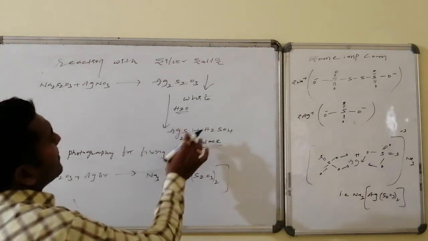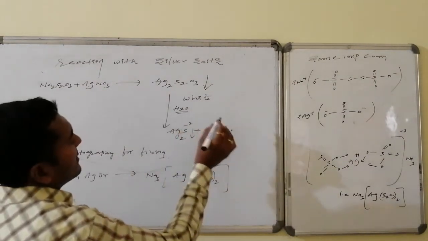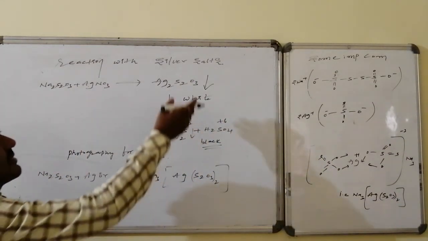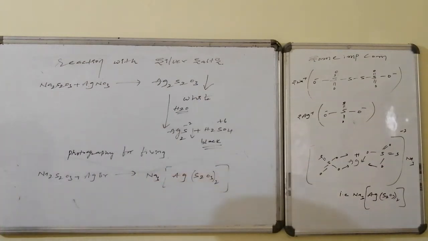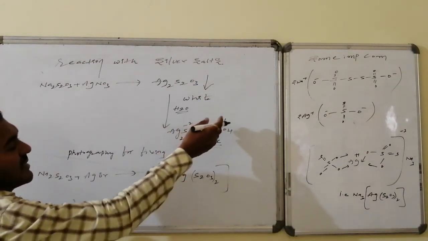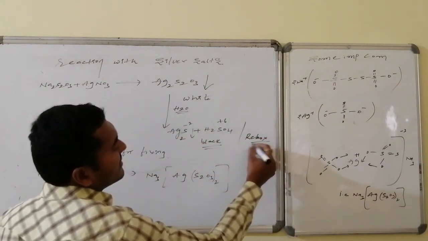It is converted to silver sulfide, followed by sulfuric acid formation. That is, sulfur with -2 oxidation state and sulfur with +6 oxidation state, whereas the average oxidation state of sulfur here is +2. That +2 is converted to a +6 state in one case and a -2 state in the other, and this particular reaction is hydrolysis and